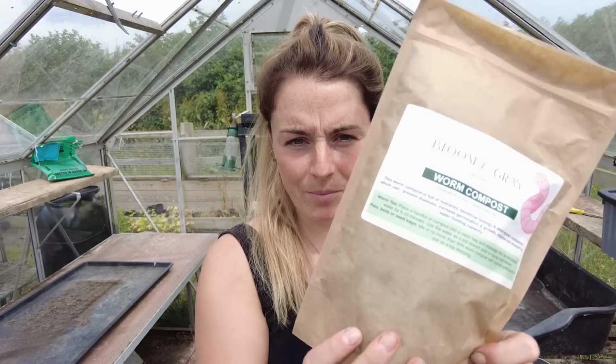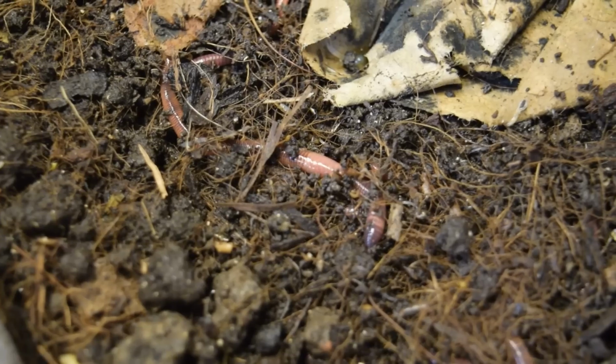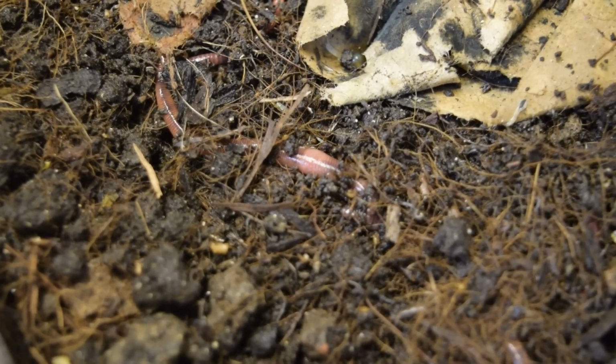some worm compost, and this is my own worm compost produced from the worms that I have here on the flower farm. And I've just started selling this on my website,